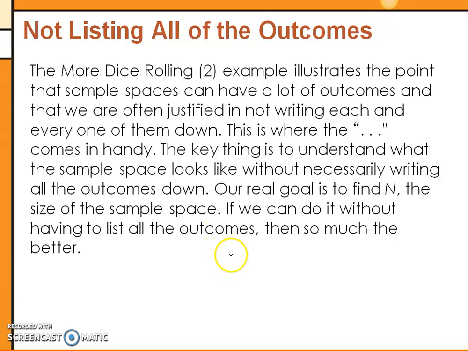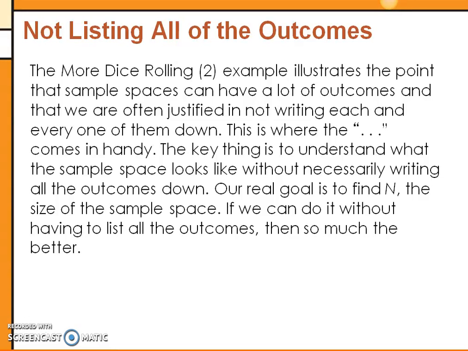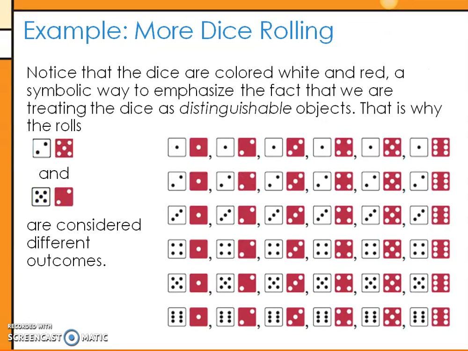Like the dice one, if they say write down the sample space is the sum of the dice, then all you need is the numbers 2 through 12. If the sample space is your actual outcomes of the dice, then you end up with that big list of 36 different things that can happen. And so you have to pay attention to the directions when they're telling you what the sample space is actually recording.